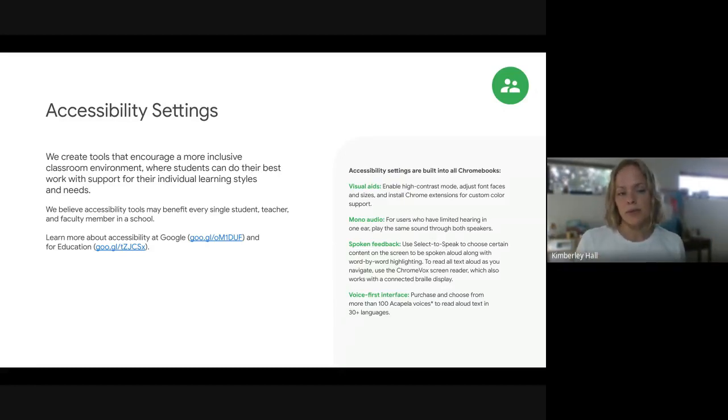And one of the things with Chromebooks is that accessibility is built into the way that we design Chromebooks, but you actually can do more with the Chrome Education upgrade. So if you're managing your Chromebooks, you can actually get quite granular on ensuring that students that need particular supports, which is most of us, by the way, I use a lot of accessibility functions every single day, that it actually can be pushed out to them so that they don't have to go through the process of setting it up for themselves. And I'll link the links, or we're going to share the deck as well, but I'll put the links in the chat if you want to read some more on that.